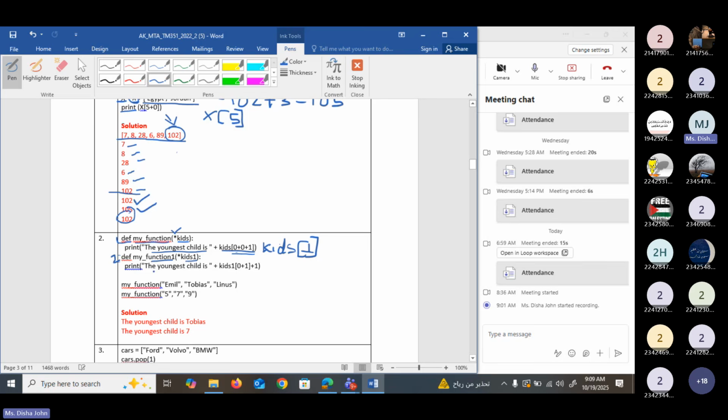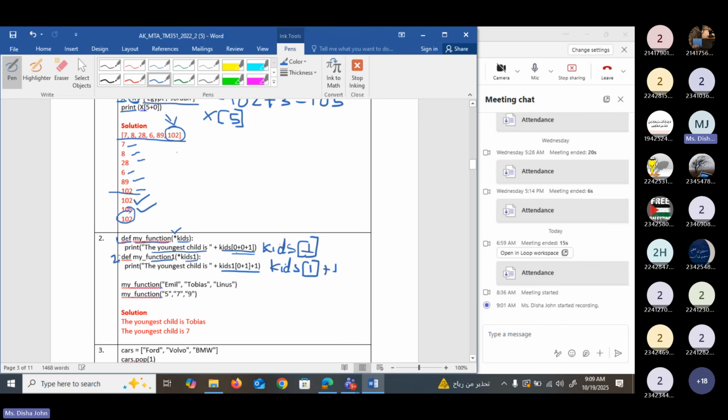It prints the youngest child is, and here you can see it is kids1 of 0 plus 1, which means that it will take the element at index 1, then we will add 1 to that element. Okay, so this is the statement which is written in my function 1.